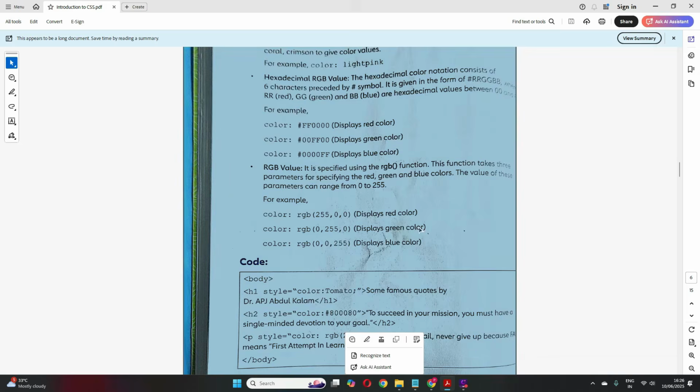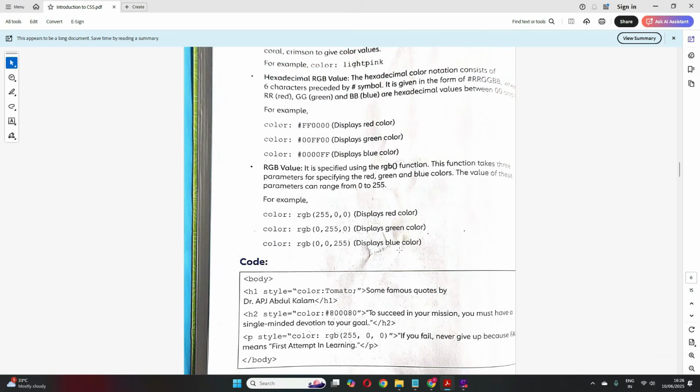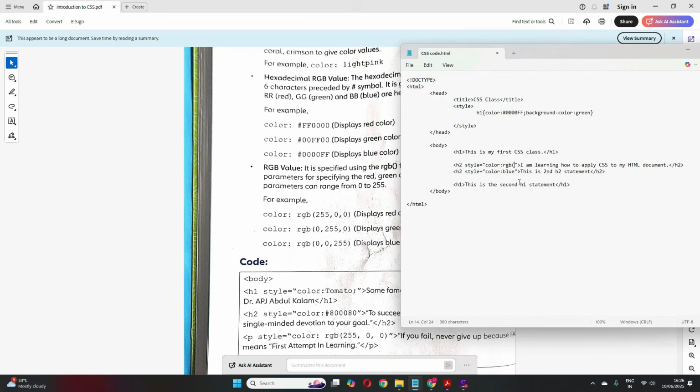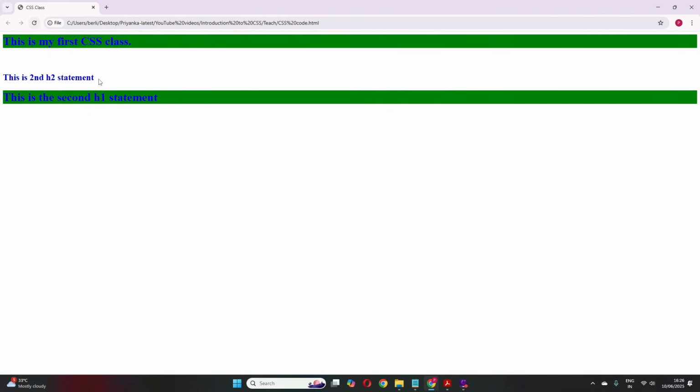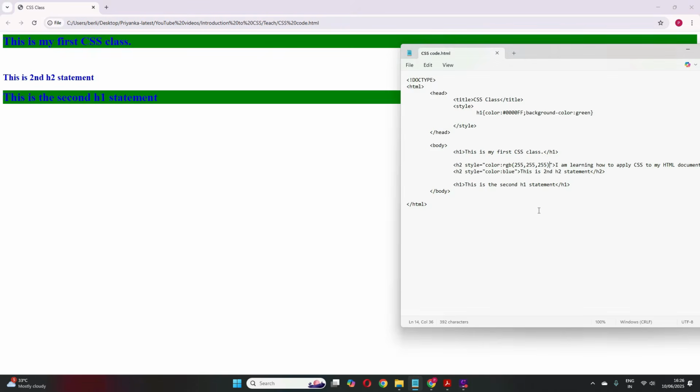So red, green, blue, this is the color. Yellow is a mixture of red, green, blue only, right? All these are the primary colors, so a mixture of these gives you the color. Instead of this I can write maybe red, then maybe I want this. From 0 to 255 you can use any value that you want. Now let's see what color. It turns white.